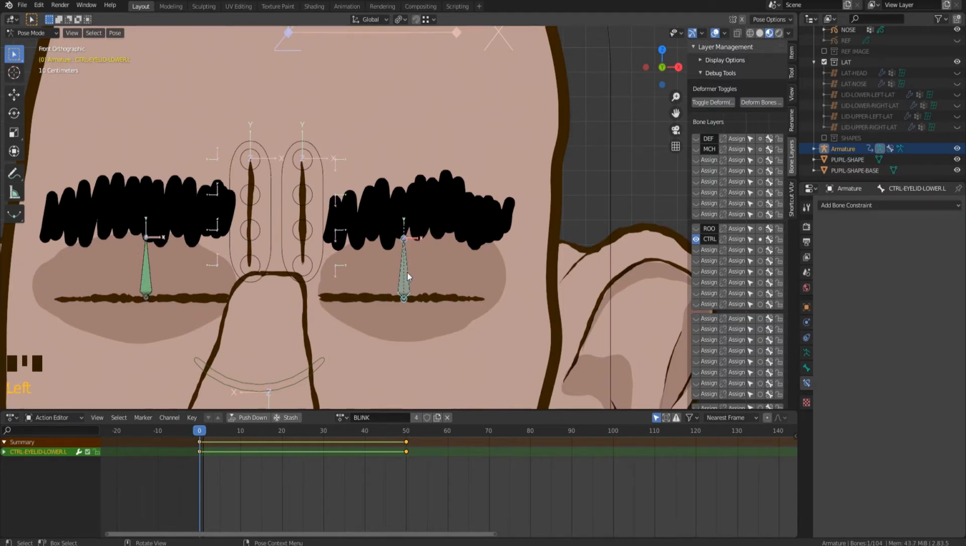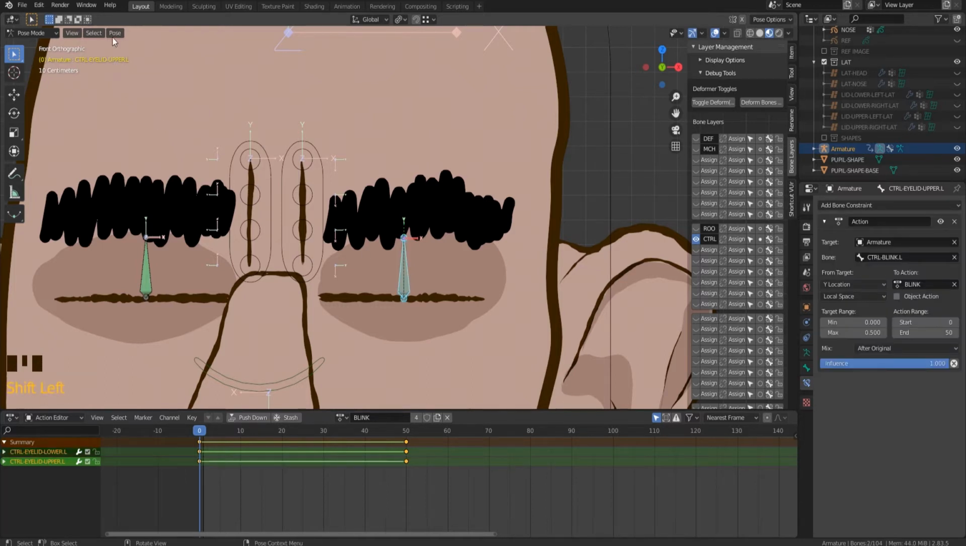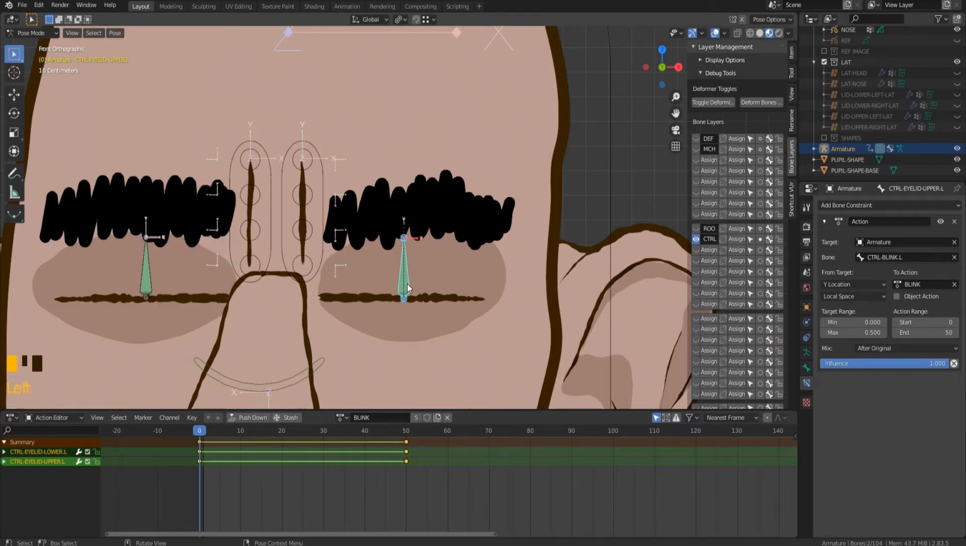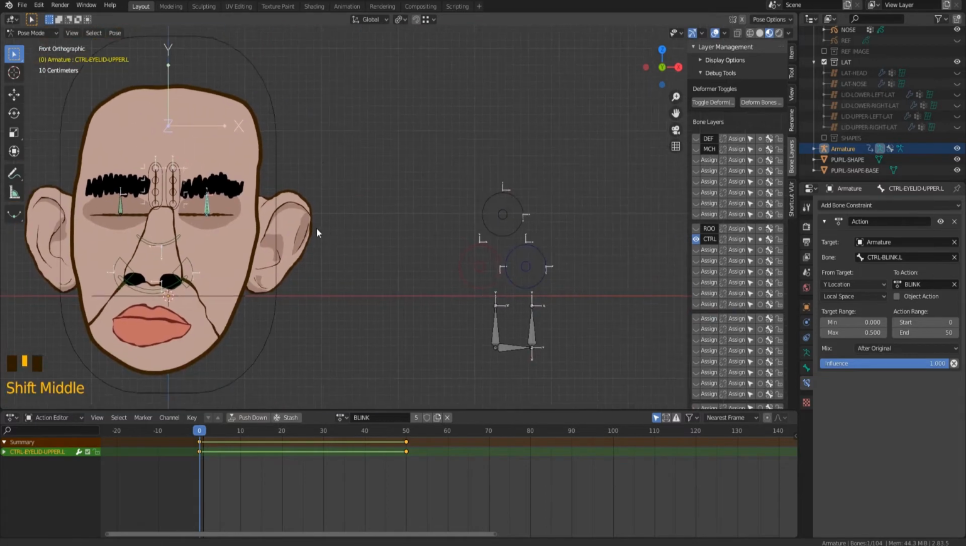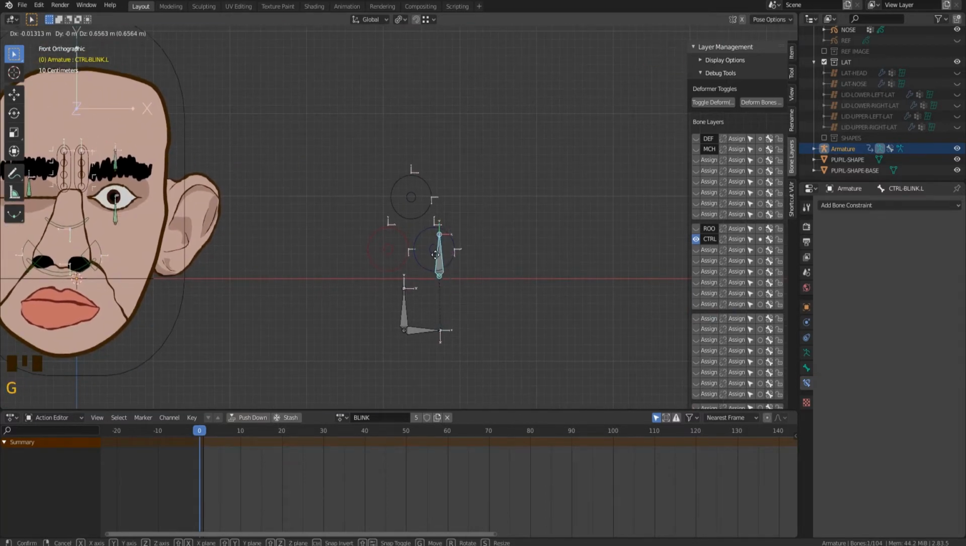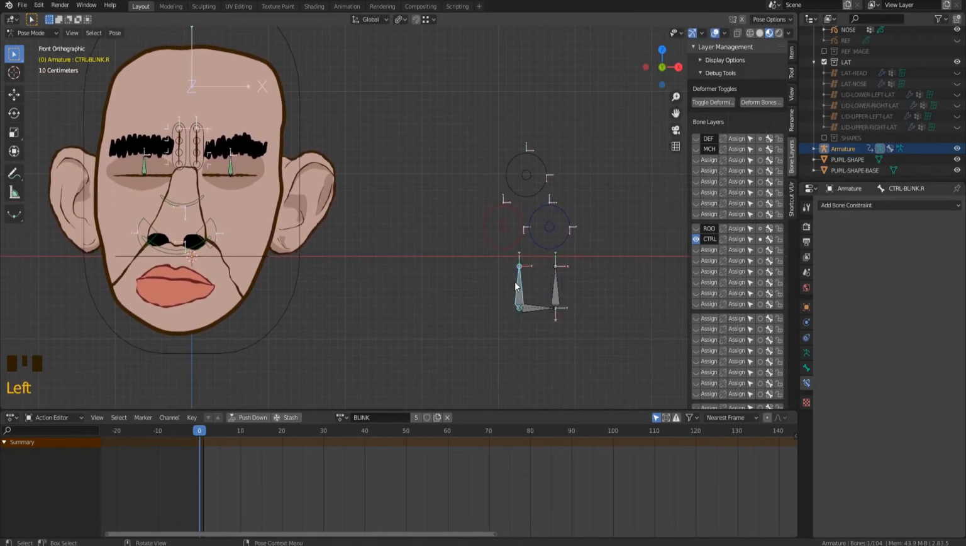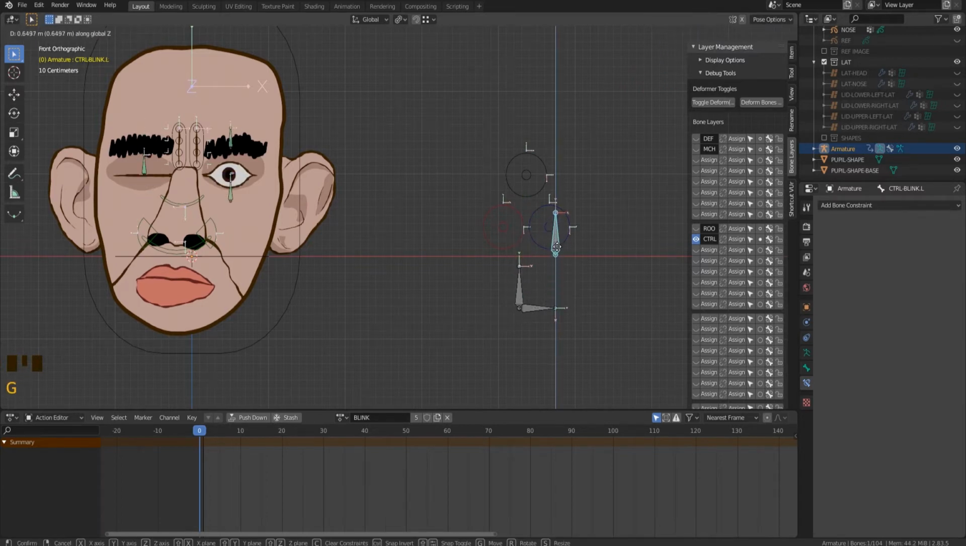So select the left controller without the constraint first, then select the controller with the constraint. Click on the Pose tab, select Constraints, then copy constraints to selected bones. That's how we can copy the already correctly set up constraint from one bone to another. Very well, now both blinking controllers affect the eyes opening, but we can see that these controllers are moving in